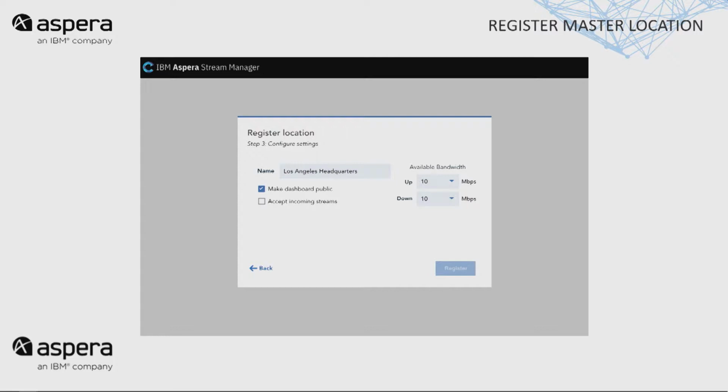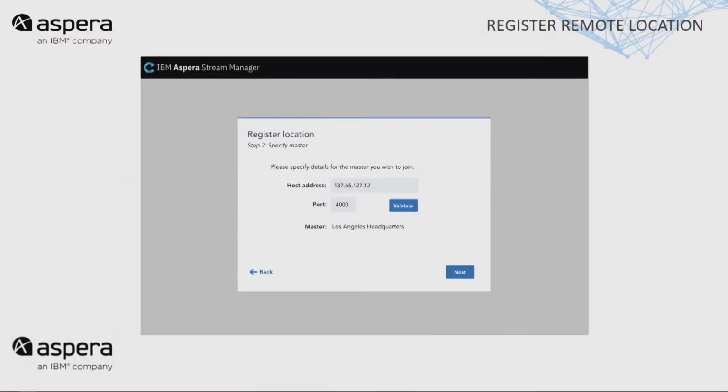You can determine if the dashboard for this site can be made public. By being made public, we mean internally to the site. And then the total bandwidth at this location. The reason this is important is because part of auto discovery is not oversubscribing the lines. When you're doing contribution, when you're doing distribution, you have a fixed amount of bandwidth. It could be 100 meg, it could be 100 gig. But at some point, you may hit that. So by determining ahead of time what the master location available bandwidth is, you can be alerted if you're going to oversubscribe by making another connection.